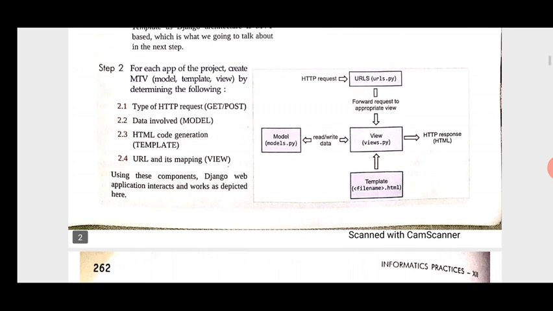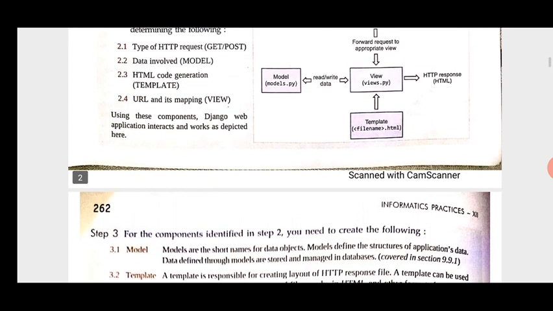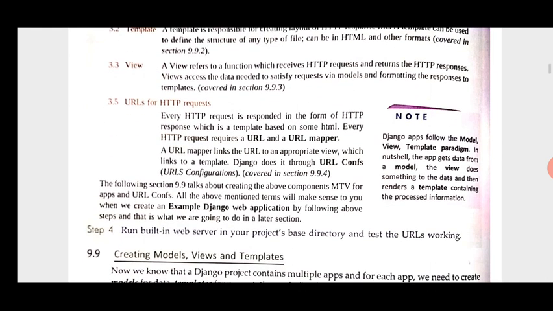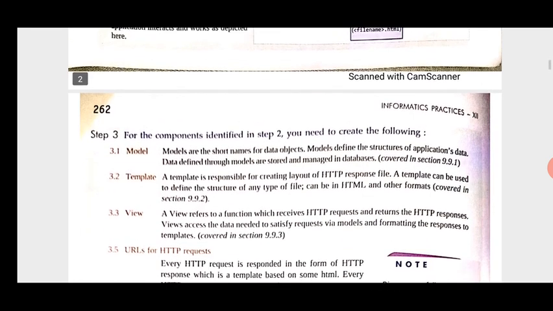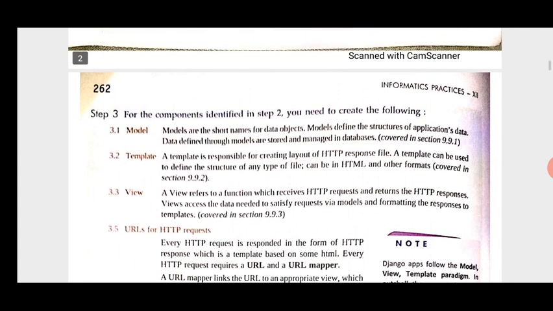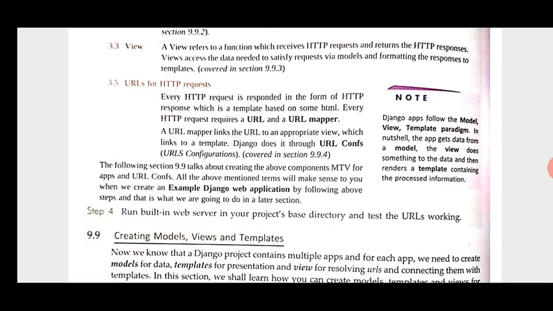Third, for the components identified in step 2, you need to create the following: the MTV and URLs for the HTTP request. And the fourth step is to run the built-in web server in your project's base directory and test that the URLs are working. So these are the 4 steps.